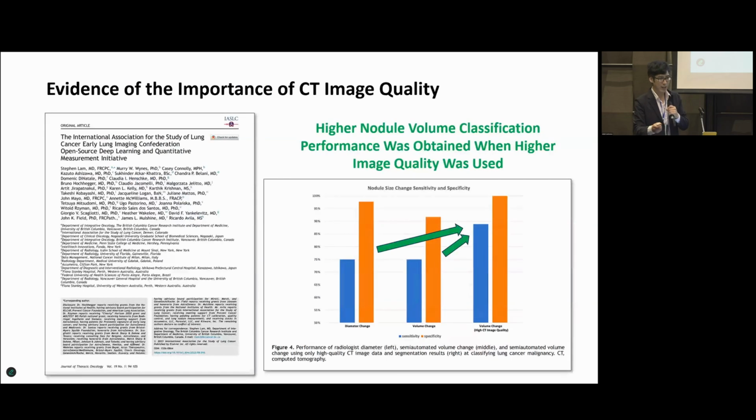So one study that we did with ELIC was looking at the performance of nodule volume size for lung cancer malignancy. And we looked at diameter, volume change, and volume change with only high quality CT scans. What I'm showing in blue is the sensitivity and orange is specificity. And you can see that both the sensitivity and specificity increased when you only looked at the high quality CT